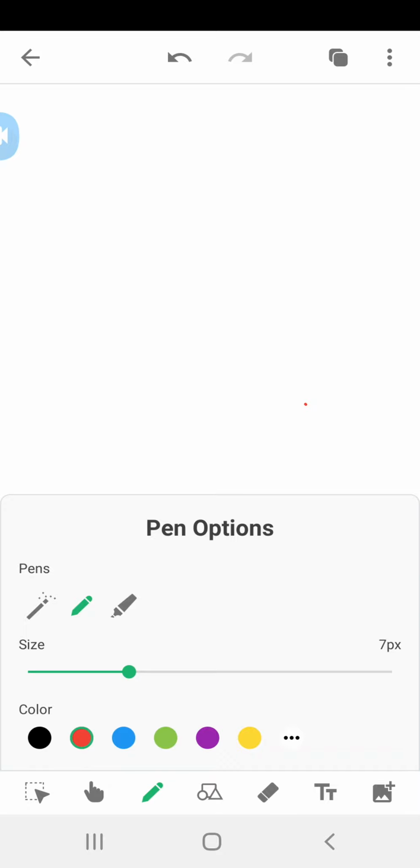Right. So this tool is like a pen. In that, different types of pens have been given over there: highlighter, pen. Right. So you can even change the thickness, meaning the size of the pen. As I am changing the size, you can see here.